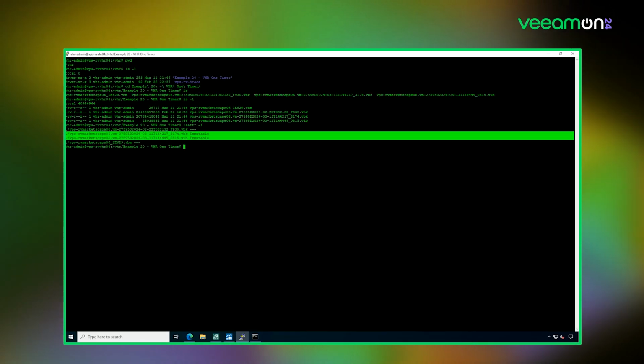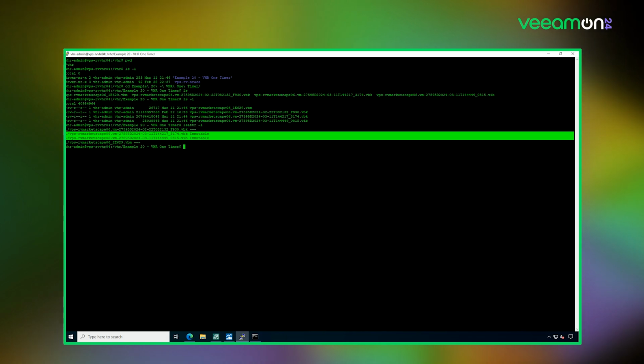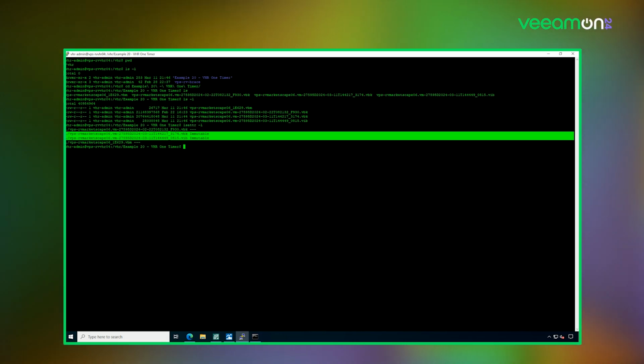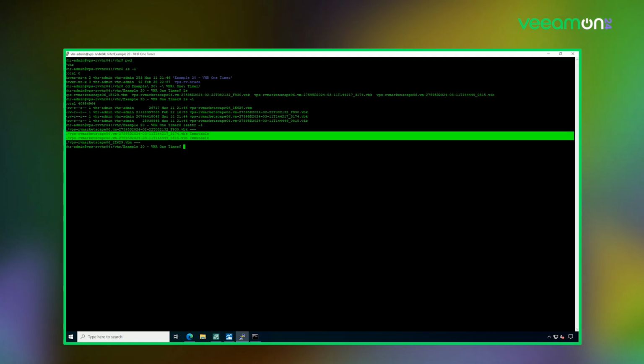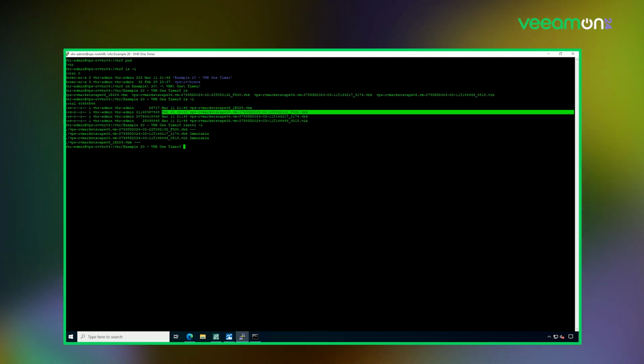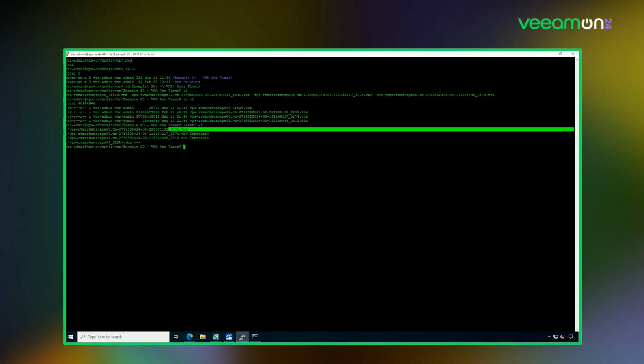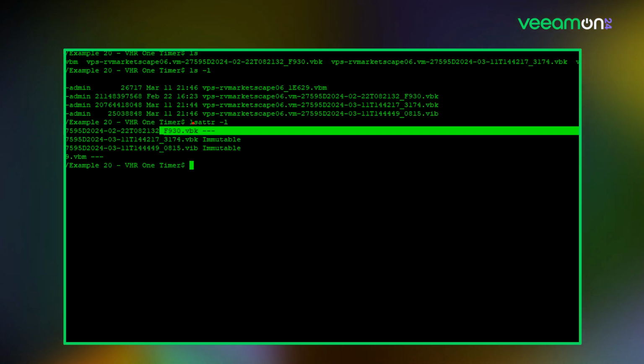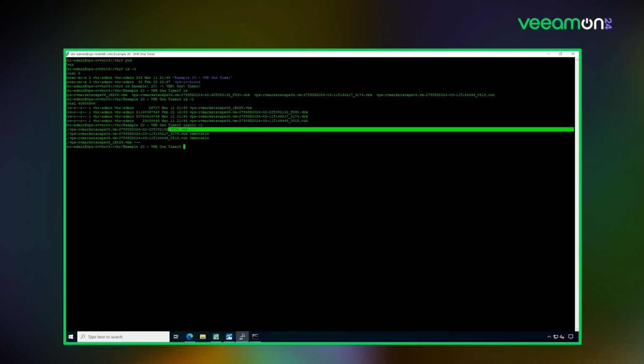Let me do it this way. If you look at the 2 that are super recent from the day I'm recording here, March 11th, these 2 are marked as immutable because they are less than 7 days away. But if you look at this one right here, this one's beyond 7 days, so the file ends in F930. That one is not marked as immutable, so that command is to list attributes, and F930 does not have the